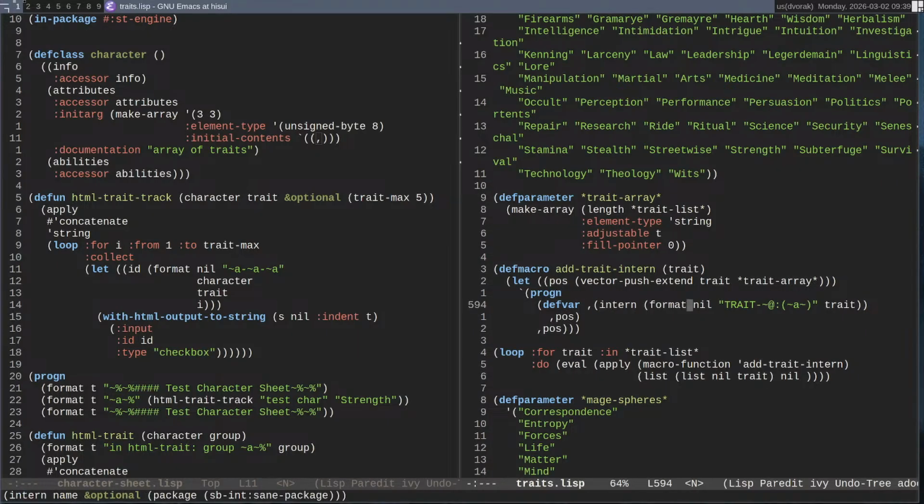But we are adding the word trait to the beginning of whatever that element is. And then we are giving it to this function intern. Intern takes a string and returns a symbol.